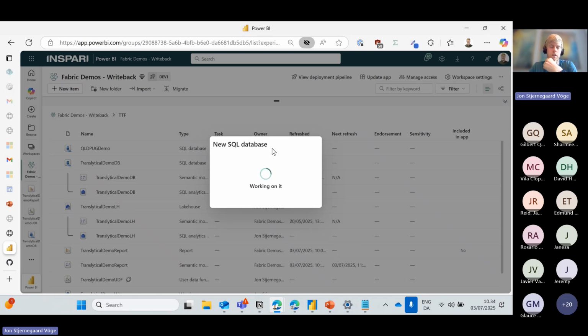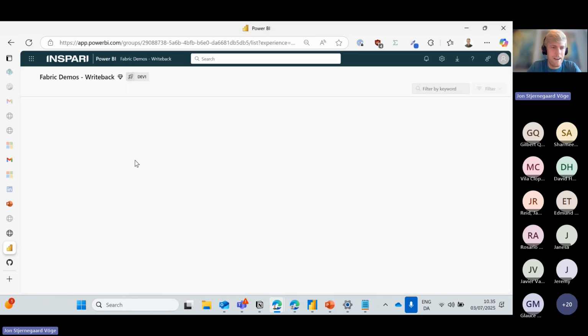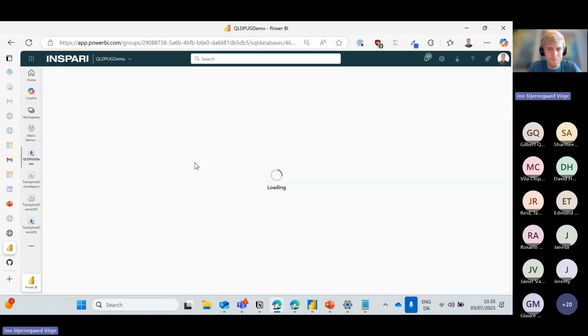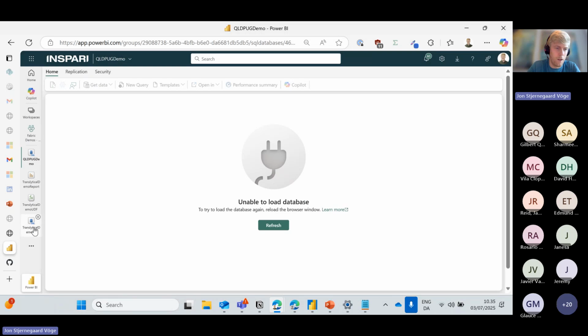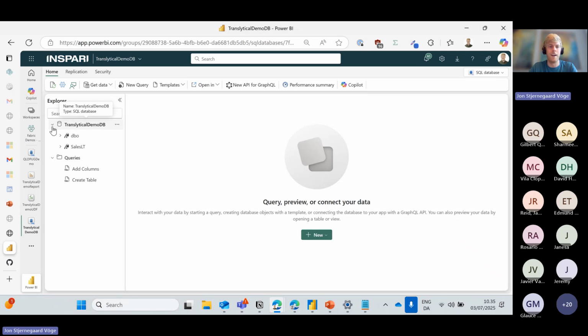Creating this database, I'm just going to load in sample data, so we don't have to ingest all kinds of stuff through dataflows or pipelines or notebooks. But of course, you can use an existing SQL database in Fabric that you have, or you could, as mentioned before, be using a warehouse. Now, why is this still spinning? I have no clue. So let's see if it was just the UI being a little weird. Still being created. You know what? We'll reuse the database I already have,